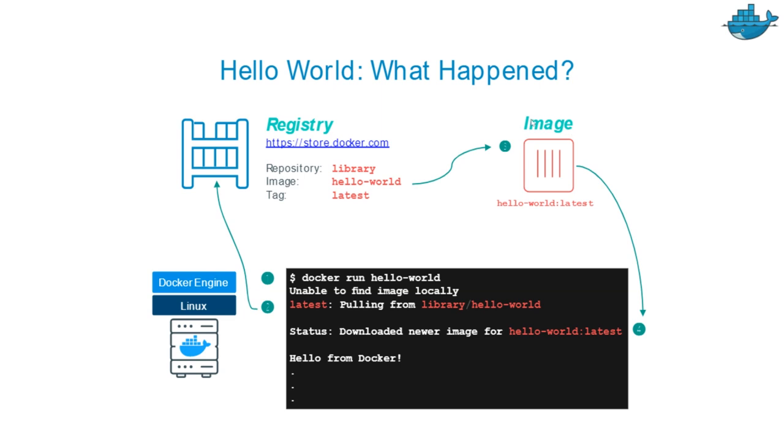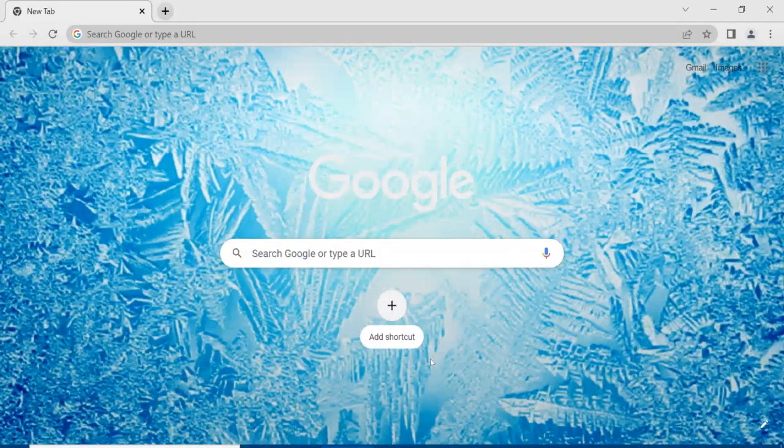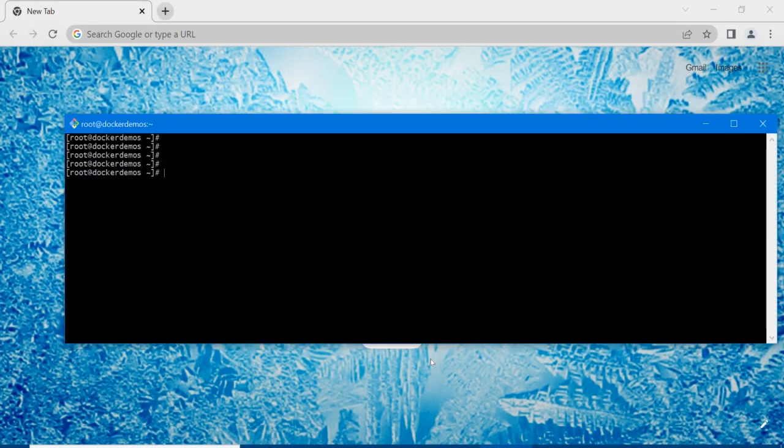Now the image is identified: hello hyphen world colon latest is identified and downloaded, and it's printing hello from Docker. So this is the first application. Let me go and run it. In that case, we just need to open the